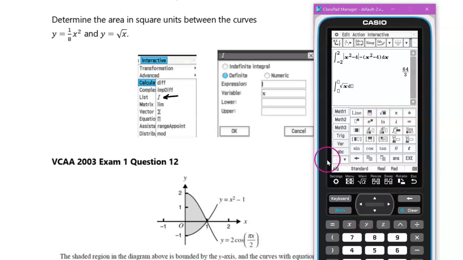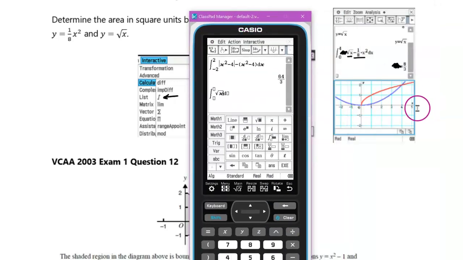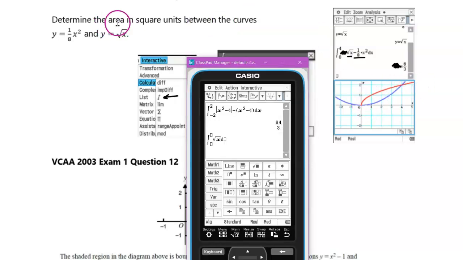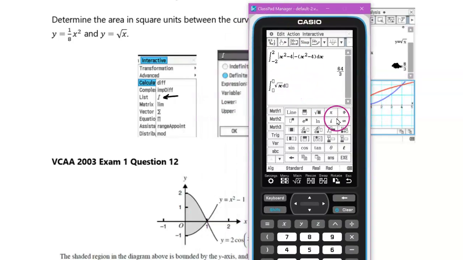So we're going to have root x on top. If you weren't sure, you could substitute in a value. It's the area between the curves, so it would be important to find areas of intersection by letting them equal each other, and we would have 0 and 4 as the two values here. So we're going to have square root x minus 1 over 8x, and we're not going to put that inside of that square root, we're going to put it outside. And 1 over 8x squared it is,